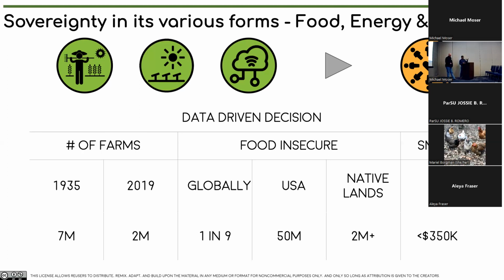And in Native American lands, 2 million plus are food insecure, and all the 574 federally recognized nations are deemed food deserts. So that's important data points. And interestingly, 9 out of 10 farms in the US are small, and they make less than 350K. So the context of this micro farm is very interesting. You can have a whole bunch of micro farms, which implies, in terms of the economic impact, huge. So again, flipping ag as we know it on its head, instead of the benefit being to few people, why not benefit the community at large?